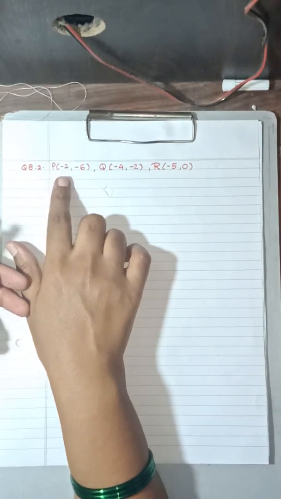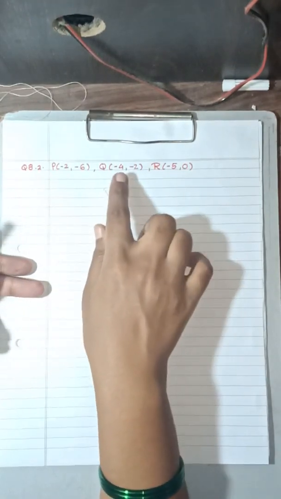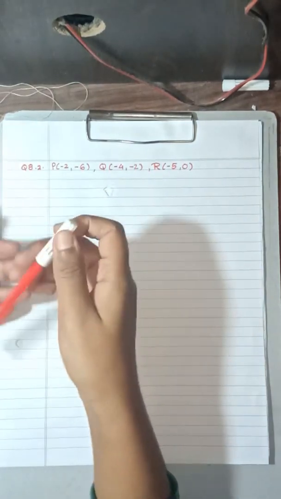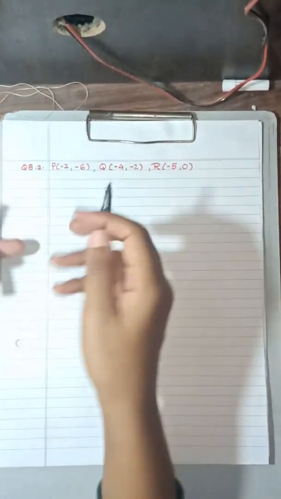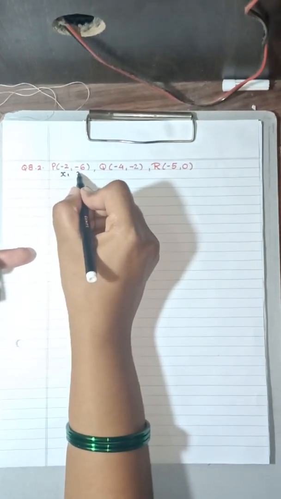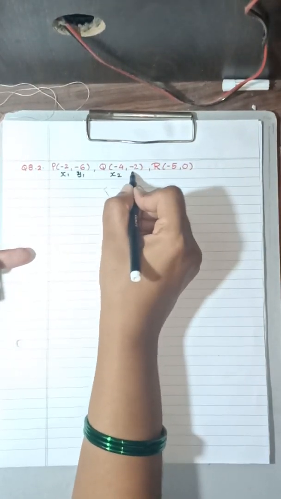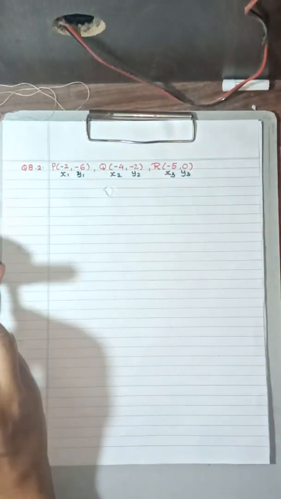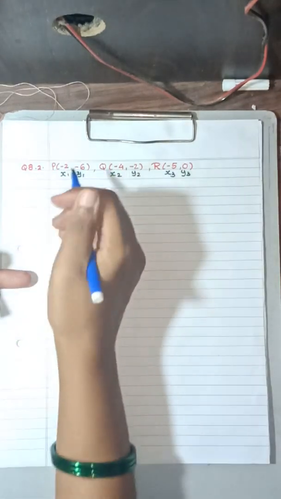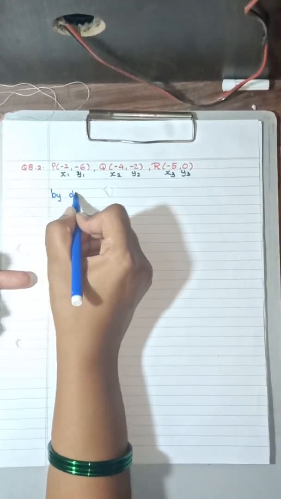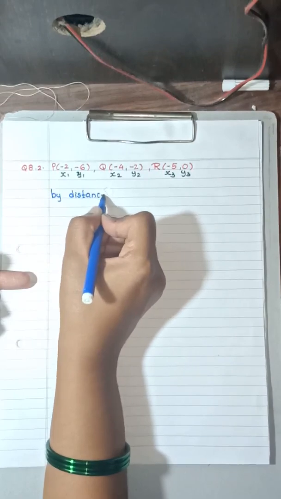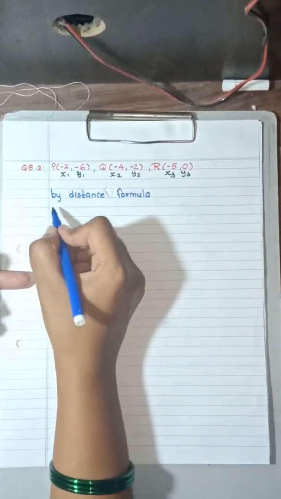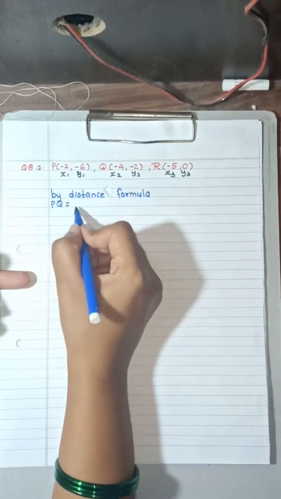The coordinates of P are (-2, -6), coordinates of Q are (-4, -2) and coordinates of R are (-5, 0). So I'll directly name them as (x1, y1), (x2, y2), (x3, y3). Now directly I'll apply the distance formula over here. By distance formula, PQ is equal to under root of